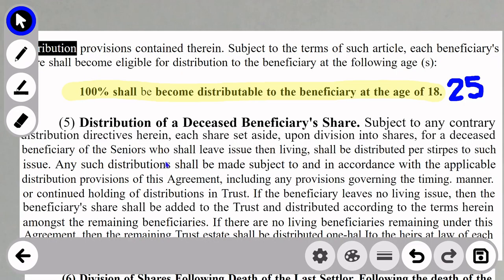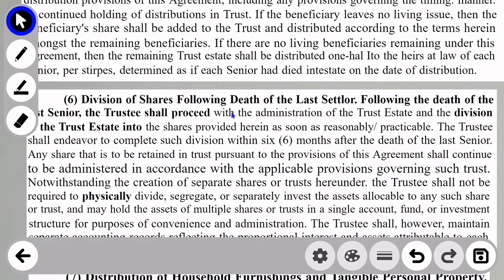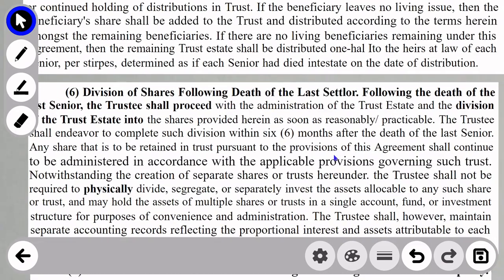Now I can click my selector tool and drag down the page. And I see down here in this next paragraph, "shall endeavor to complete such division within 6 months after death." Okay, I want to address this as well. So I'll grab my highlighter again, and I'll go, oops, I made a mistake and drew across the entire